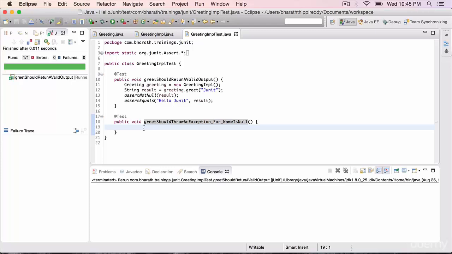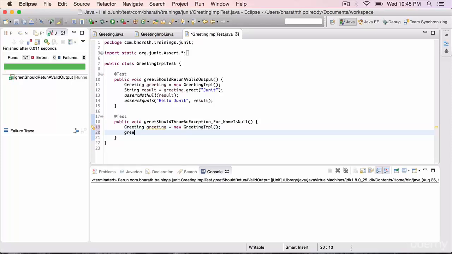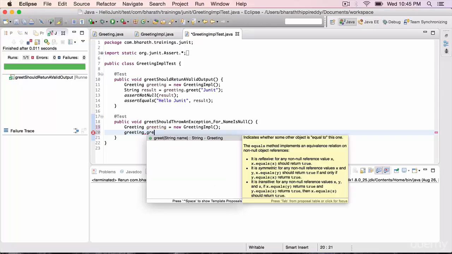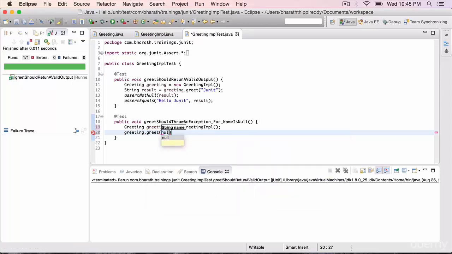So in here, let's create an instance of the greeting. You can grab this piece from here. In the next lecture, I will show you how to reuse the instance across tests. For now, simply use the greeting impl, and then let's call greet. We are going to pass in null because we are going to test for the exception scenarios. Instead of asserting here to test for the exception, we are going to use JUnit 4's powerful expected attribute.